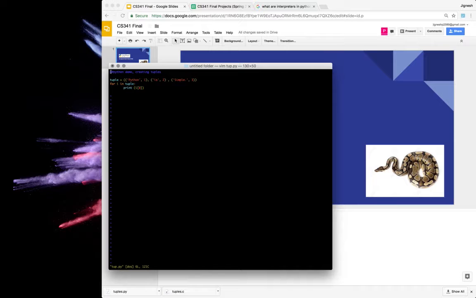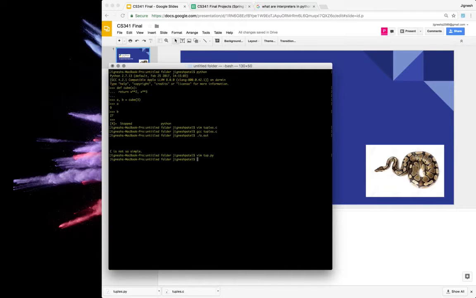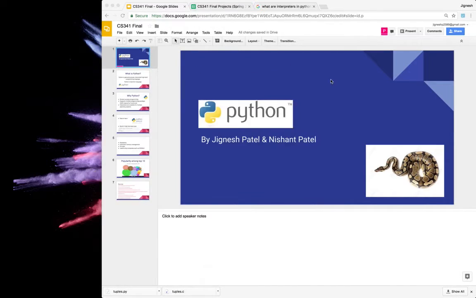So let's run this file. Let's say python tube.py, and it printed out Python is simple. Going back to the presentation,